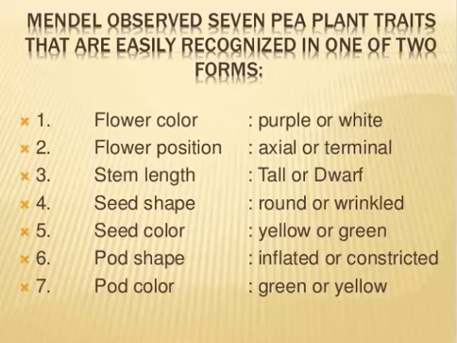Why did he choose the pea plants? Mendel chose the pea plants for his experiments because they reproduce quickly, so he could easily control how they mate. And also the pea flowers contain both male and female sex organs. So in nature, the pea flower typically self-pollinates. Self-pollinates means that the plant reproduces by itself. That is, the plant mates with itself.